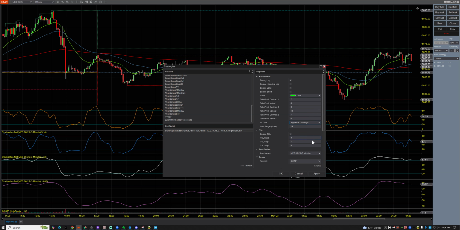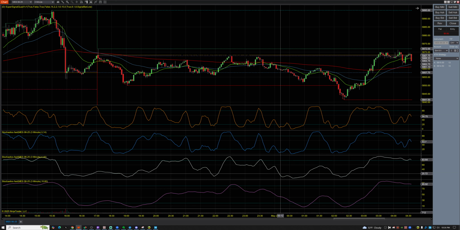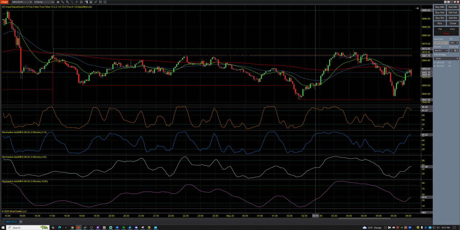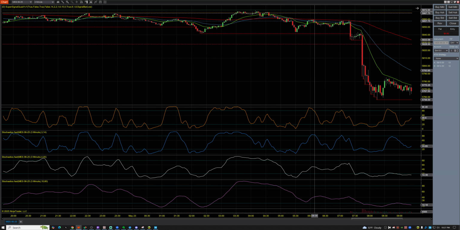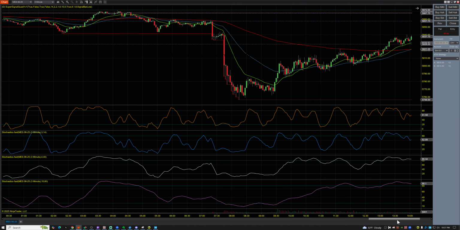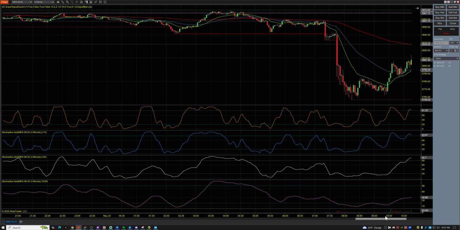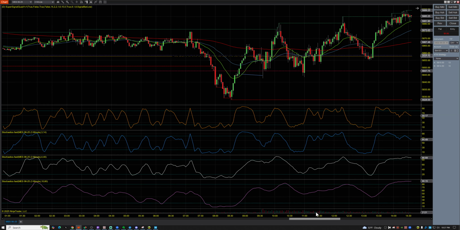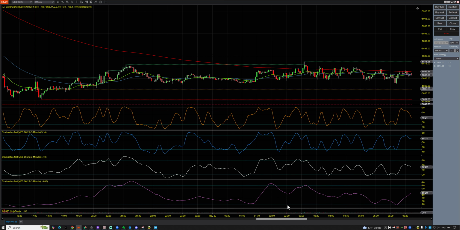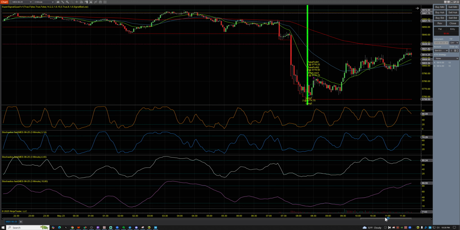So I'm just going to show you this. This is the SuperSignal, and again, I'm going to apply that. I didn't even change the parameters. We just want to see when it's going to trigger. And I don't see any triggers here yet. Let me see, where are we? All right. No triggers. All right, so here we have the